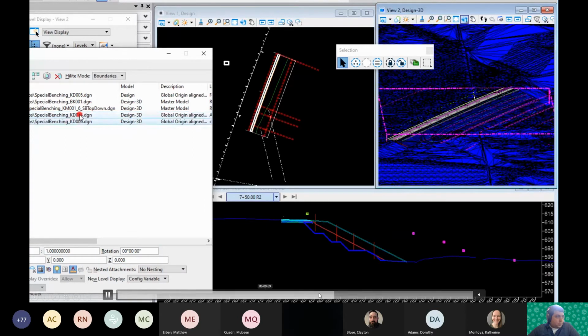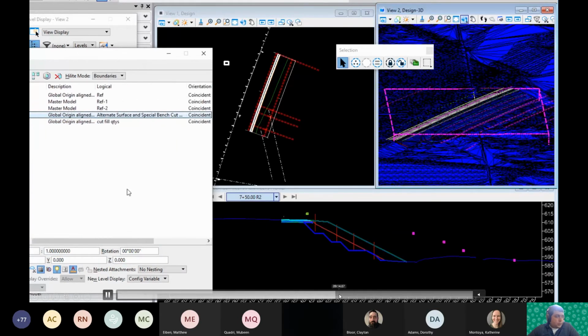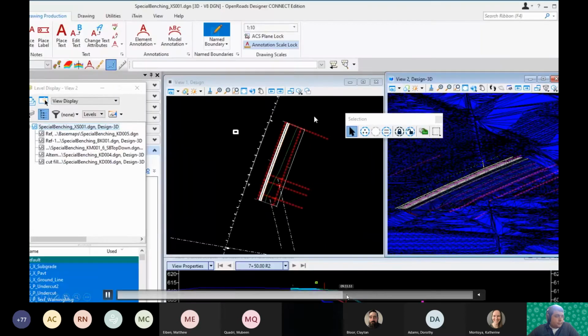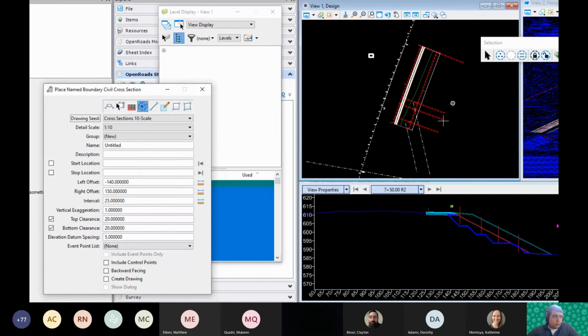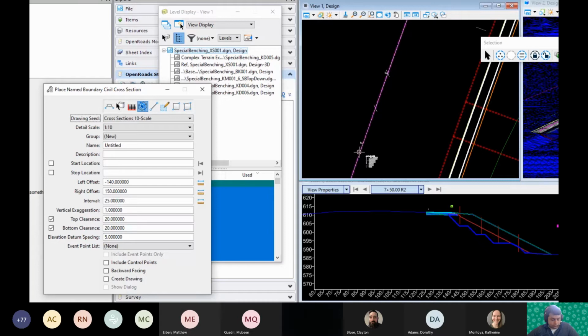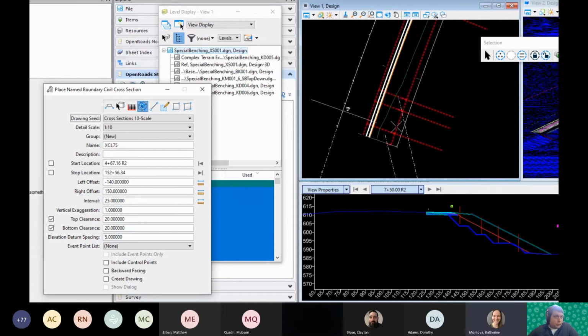All right. So I'm going to jump over to a new file for the cross sections. All right, so I'm in a new file. I added some references in, and I'm going to create some name boundaries. All right, so just like, hopefully, you guys are used to creating cross sections. So name boundaries, 1 to 10 scale. I'll pick my alignment,